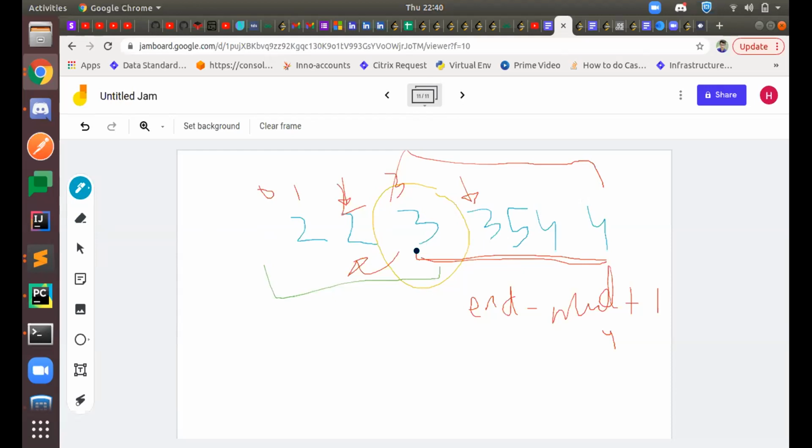Suppose mid is 3, and on the left of mid we have another 3, for example 2, 3, 3, and some other values. If you take the size from mid to end, it will be odd, but it is still. So if you have 2, 3, 3, and some other numbers 4, 4, 5, 5.